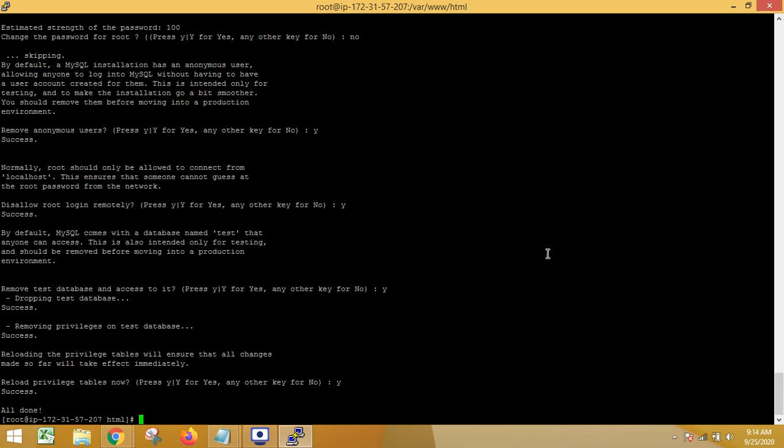So we are completely done with the launch of the LAMP server. Linux was done, then Apache, then PHP, and now we have completed the task of installation of MySQL also. So now is the point when we have to install WordPress. In order to install WordPress, first we will check whether we are still in this HTML directory or not. If we are not, then we have to use the cd command to get back into this directory.